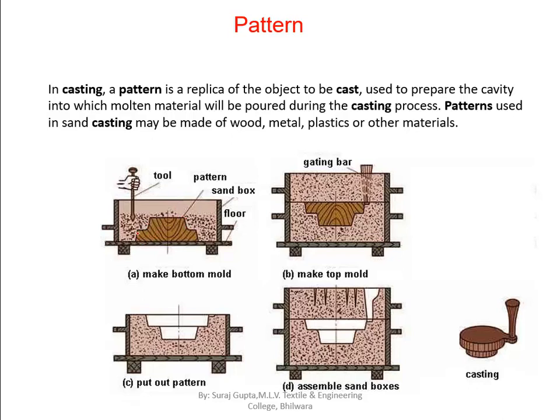Half pattern is used, and the sand is poured and rammed over this, and then this is turned upside down, and the other half of the pattern is placed over the top, and then the cope box is placed over this, and once again the sand is poured into this and rammed over the surface, so that there is no discontinuity in between the sand particles. Then gating bars are used, and some risers are also used, and then the pattern is removed, and this mold cavity will be created, and this mold cavity will be filled from the pouring basin,